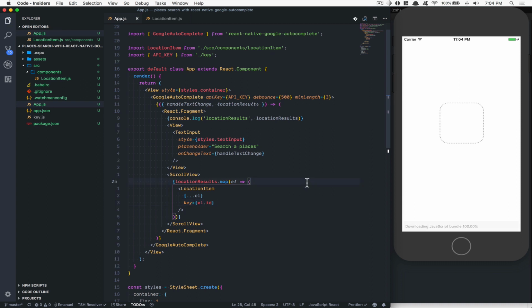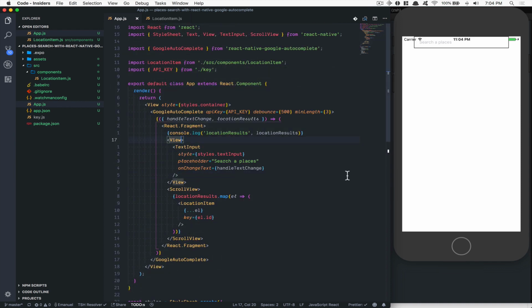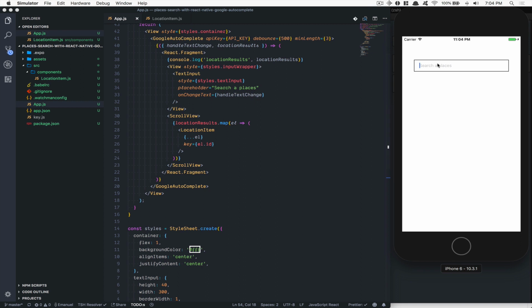Now if I save, now the UI is really bad. So what I'm gonna do is I'm gonna add some styling to this input. So I'm gonna say style that input, the input wrapper, sorry. And this input wrapper gonna add finally just a margin top of 80. So now if I search,